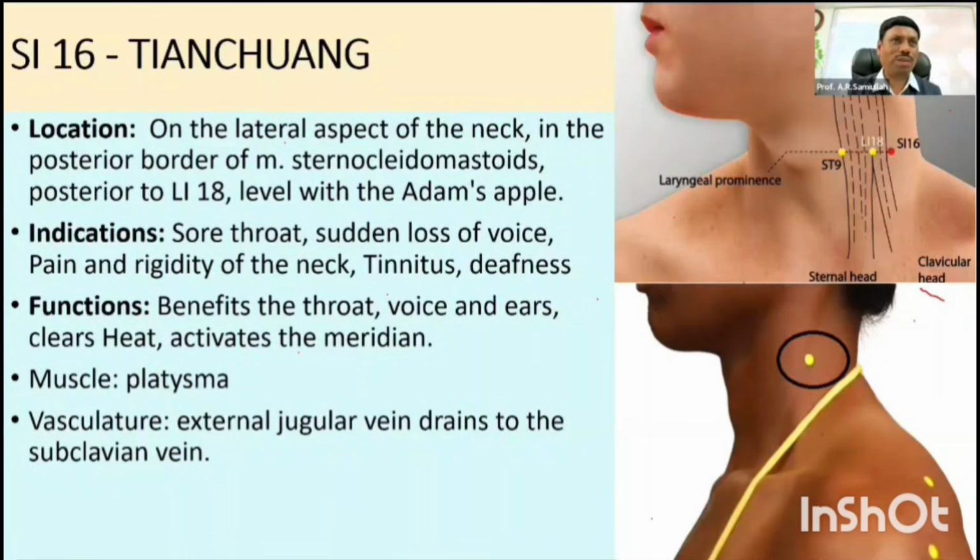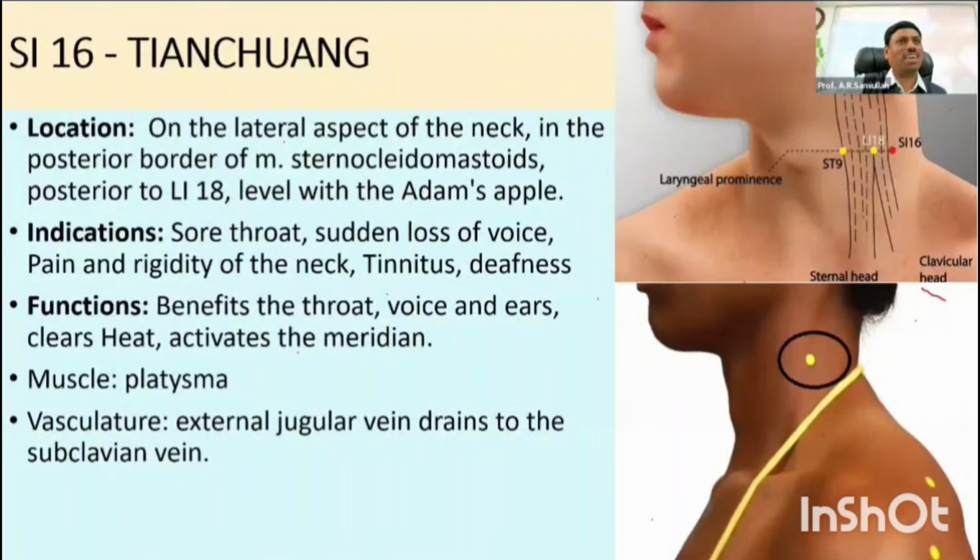But at this point there is a nerve passing from the brain to the abdominal region, known as the vagus nerve. So how is the vagus nerve activated? The whole body is going to shake once you activate the vagus nerve. We will see in the practical how that happens. Pain also comes in parallel. That's the reason we should be very careful in activating that point.